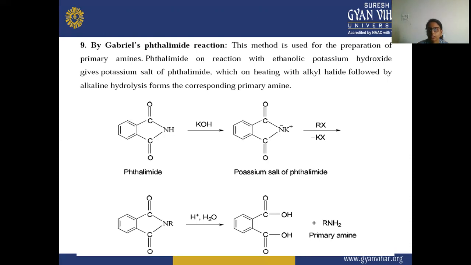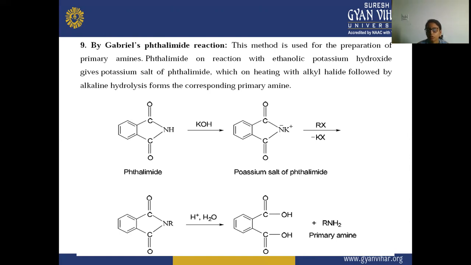Phthalimide on reaction with ethanolic potassium hydroxide gives the potassium salt of phthalimide, which on heating with alkyl halide followed by alkaline hydrolysis forms the corresponding primary amine. So here in the Gabriel phthalimide reaction,